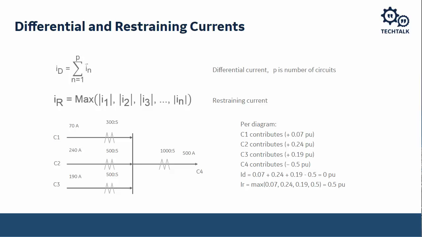It'll turn everything into per unit, so C1 becomes 0.07 per unit, C2 0.24 per unit, C3 0.19 per unit, and C4 is negative 0.5 per unit because it's leaving the bus. When we add these currents together, we get a differential current of 0. So Kirchhoff's current law is satisfied. We have a restraint quantity of 0.5 per unit, which is the maximum of any of the individual contributors. Now the way we use this